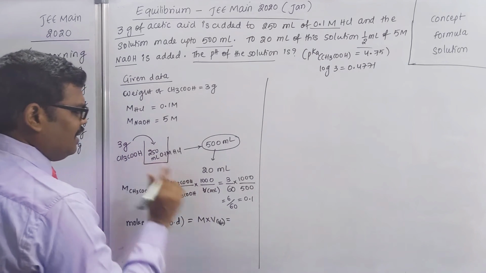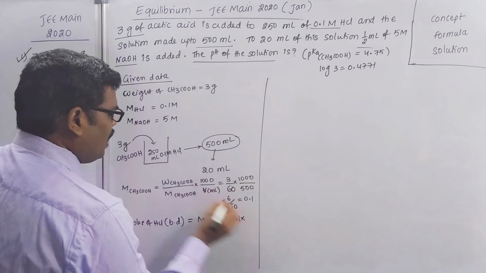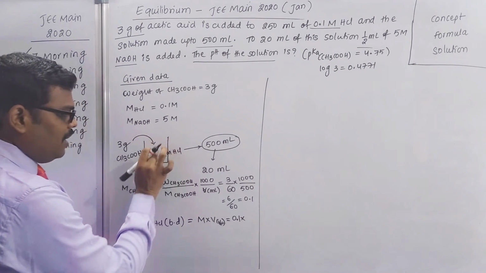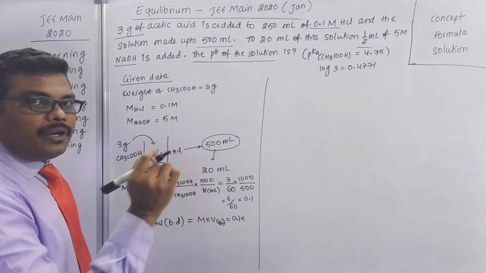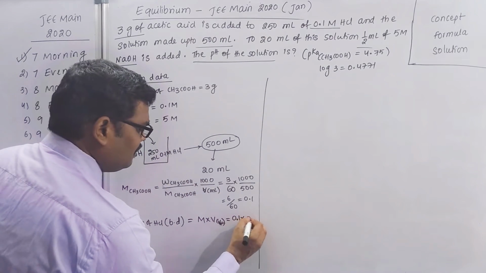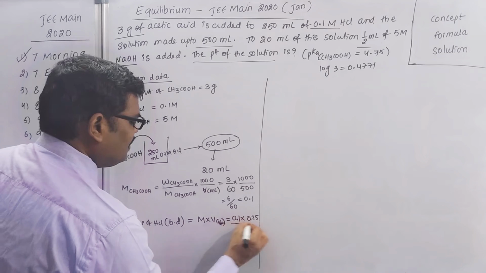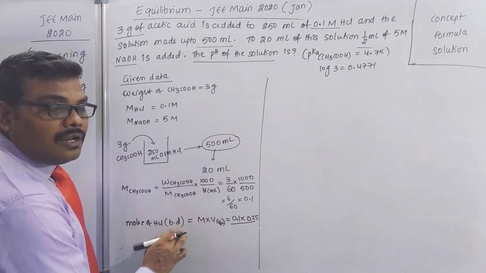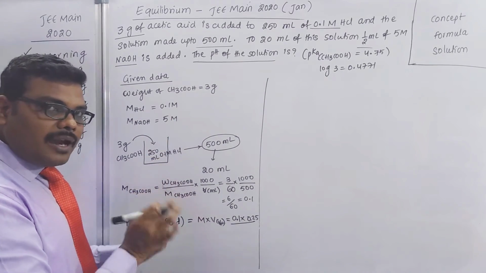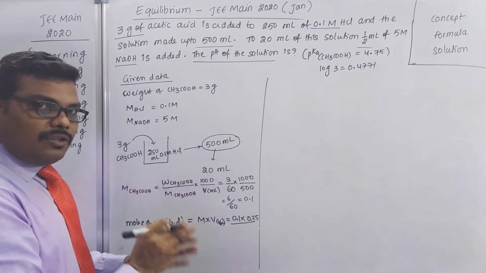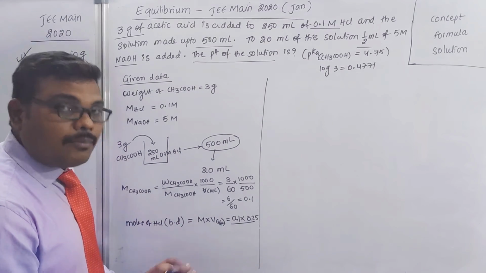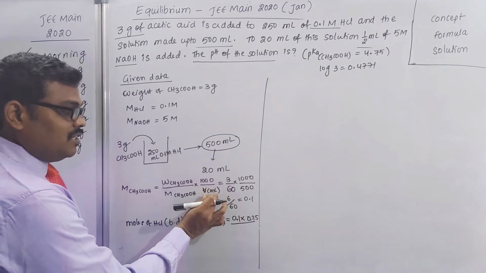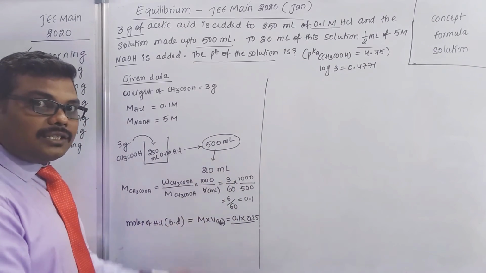So what is the molarity? 0.1. Volume in liters: convert milliliters into liters. So 250 milliliters is equal to 0.25 liters. So I am writing 0.25 liters. So this is moles of HCl before dilution. Now after adding water, we are adding just water only. So moles of HCl should not change, but volume increased. When volume increases, in the concentration expression volume is in the denominator, so concentration decreases.